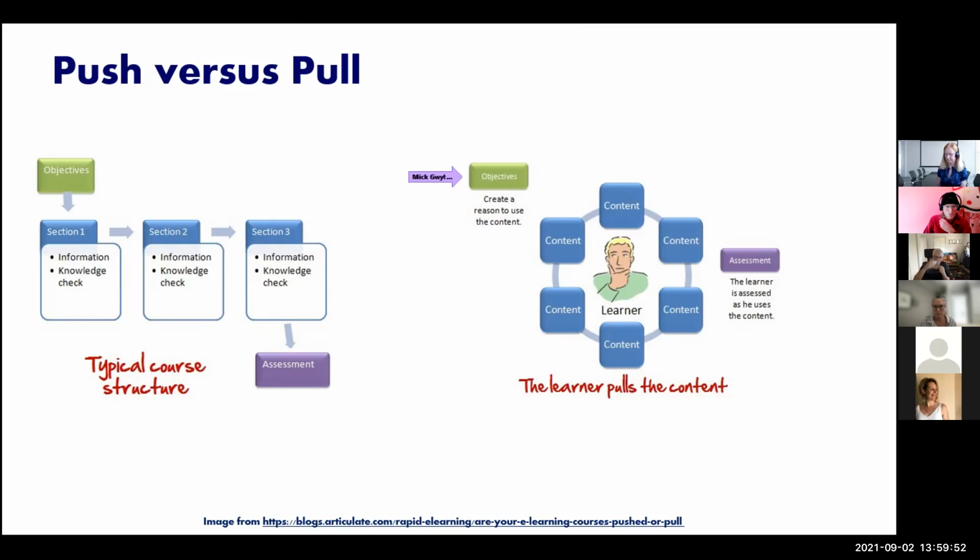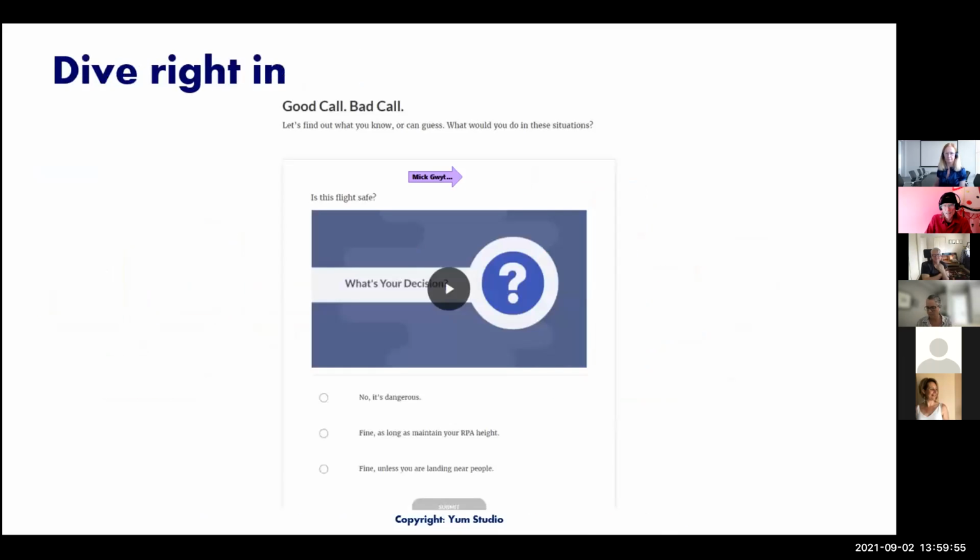The next slide talks about how you might start a unit. This is an excerpt from that drone unit. It's pretty dry stuff. So we throw them straight into this activity with a little animation of a drone flying over a picnic. And we ask them, is this the right thing to do? They don't know anything about it at all. What would you do? Let's just suss out what you know and warm them up to the activity. They're pretty much all dangerous, but there's a couple of options for them to think of, not common sense, because I don't like that word, but to think, I think this is what it should be. And it's low stakes. It doesn't really matter. It's just whetting their appetite.